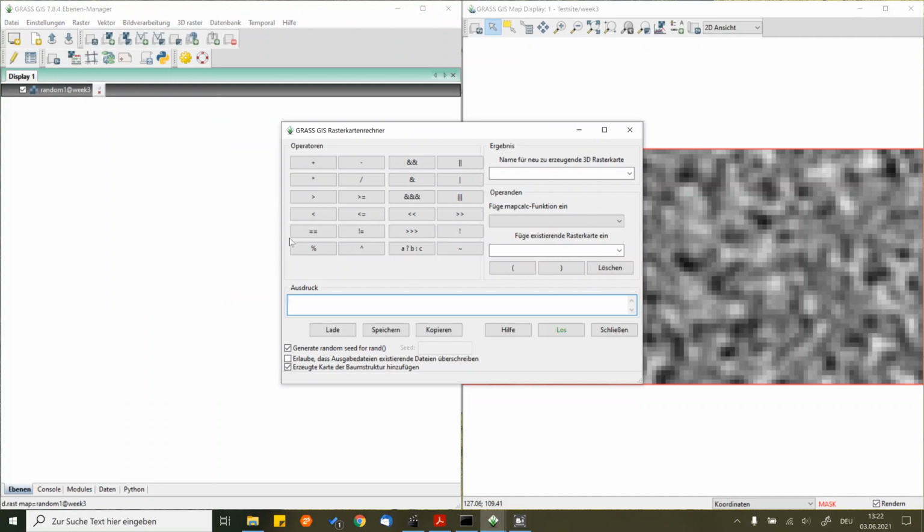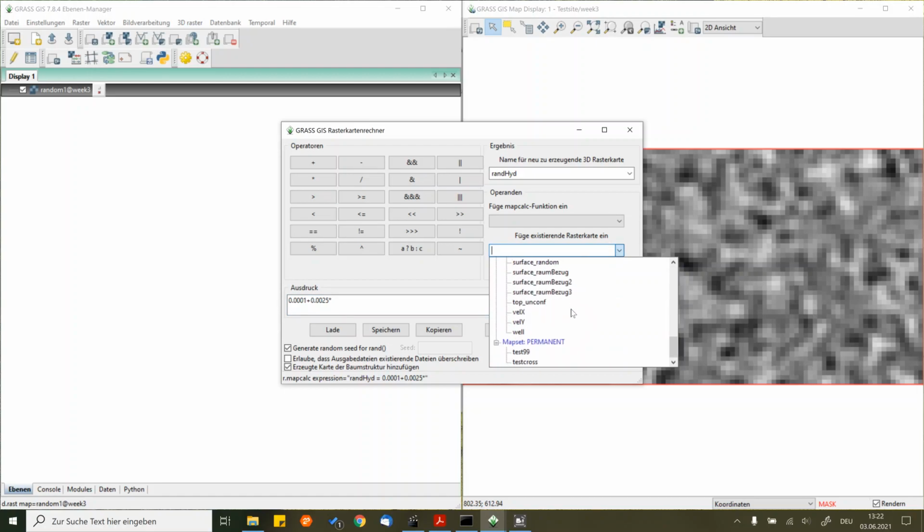Once you've generated such a random map, you can use it with the map calculator. For example, let's say you want to calculate the hydraulic conductivity. We give it a new name, and we want to have, let's say, a baseline, a base value, which is a bit higher. Let's take it like this one, and we say okay, and on top of that we want to have some value which we multiply with, for each cell,